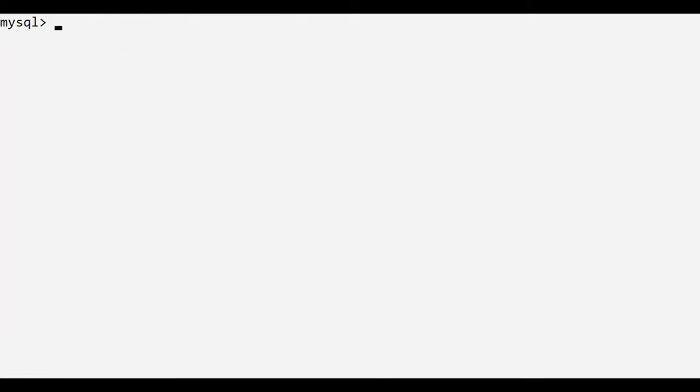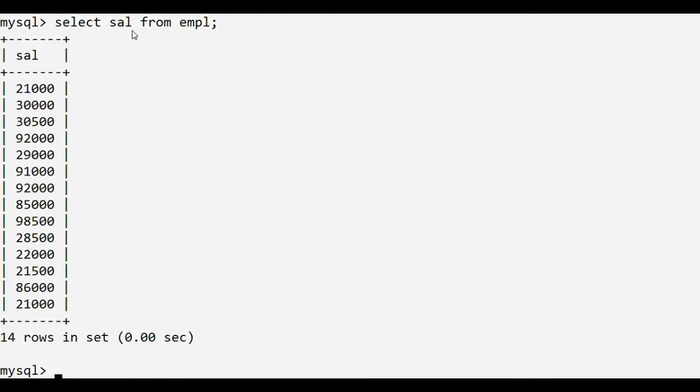Let's take another example. Suppose we write select sal from employee. In this example, only one column salary will appear in the output. The select command by default displays all the rows of the table, so there are 14 rows in the result.